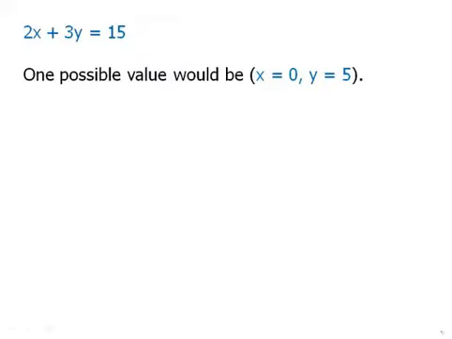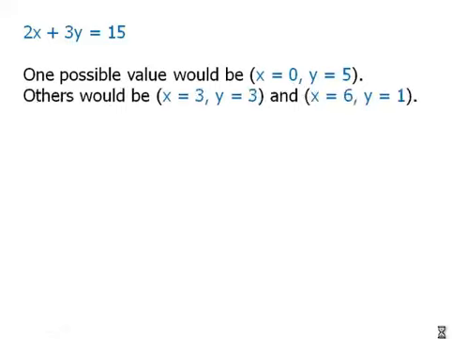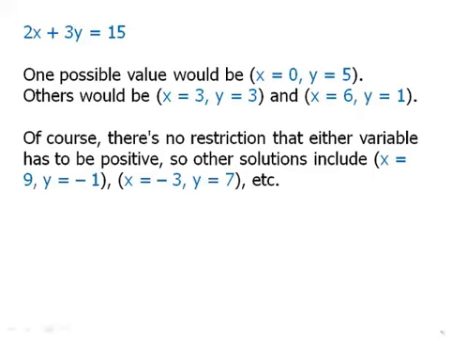Well, certainly one possible value, if x equals 0, then y could equal 5, so that would be a solution. Others would be if x equals 3 and y equals 3, x equals 6 and y equals 1. Those are also values that make it work. Of course, there's no restriction that either variable has to be positive, so other solutions include x equals 9, y equals negative 1, or x equals negative 3 and y equals positive 7. And as you can imagine, we could make x more and more negative and make y more and more positive, or vice versa, so we could get quite a few